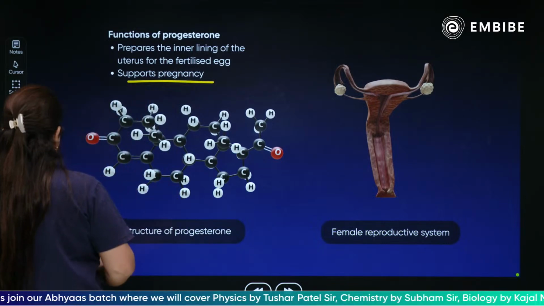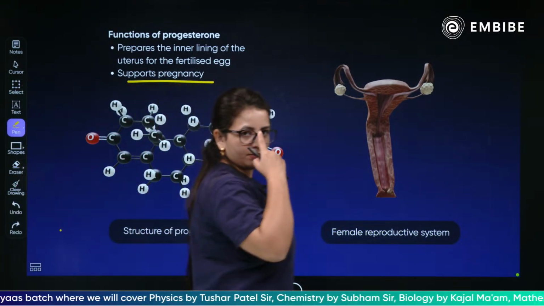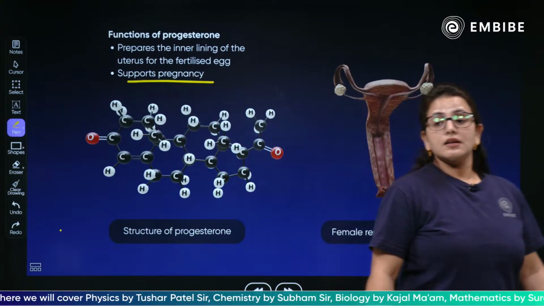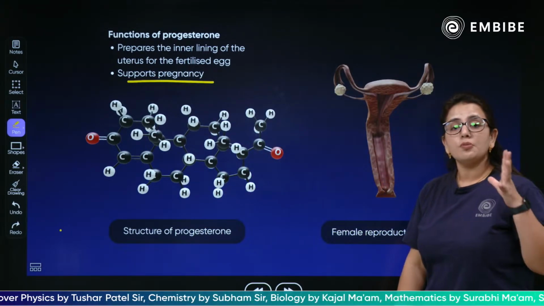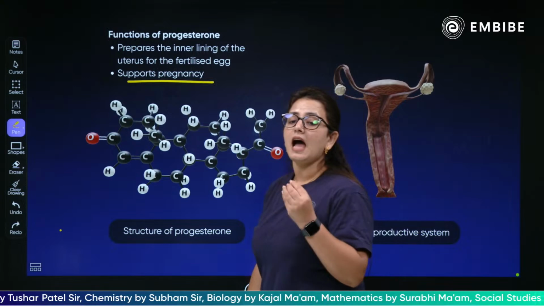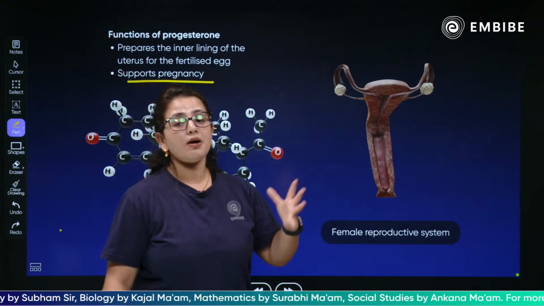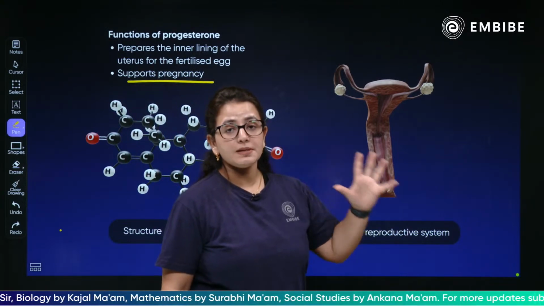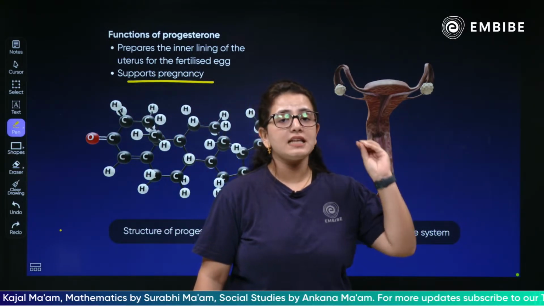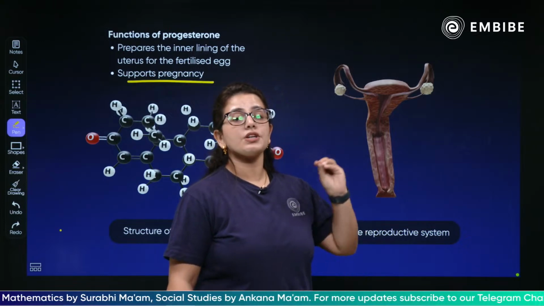Everyone, is it clear what is the function of the female reproductive system and what are the different parts of the female? Tomorrow we are going to discuss about this only. What happens if the egg is not fertilized? Yes, we are going to discuss that in tomorrow's session. Do not miss the session because the menstruation cycle is absolutely important. We are going to discuss about that.